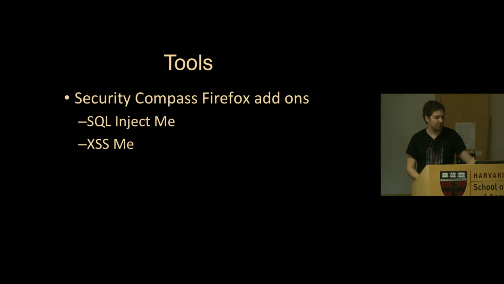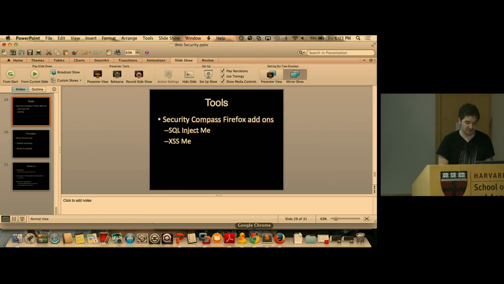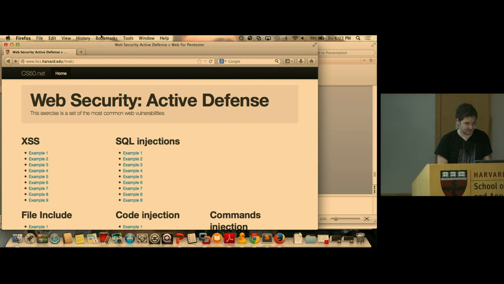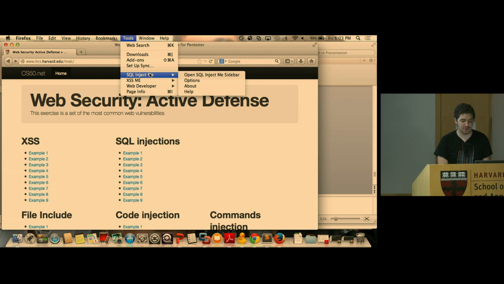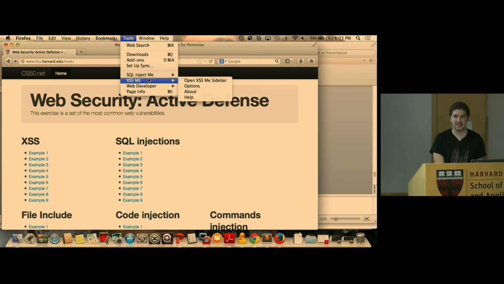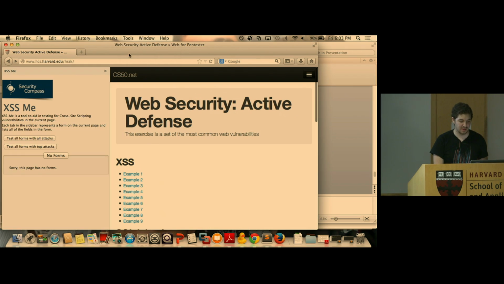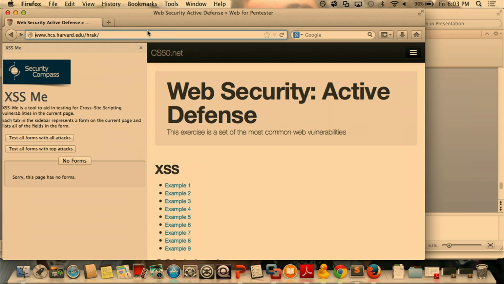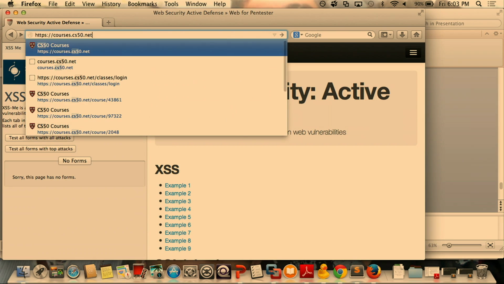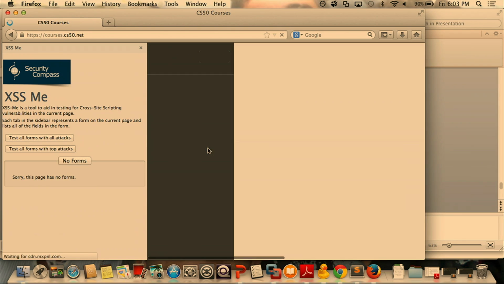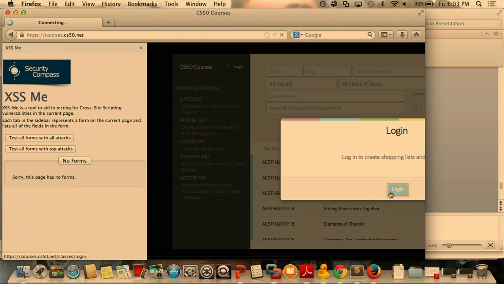So we don't want to use that. I'm going to show you guys this. Okay, these are some really cool tools. If you guys have Firefox, hopefully you do, there are two add-ons called SQL Inject Me and Cross-Site Script Me. They open up as little sidebars on the side. And if I were to go to CS50, for example, what it does is it looks for all the forms that